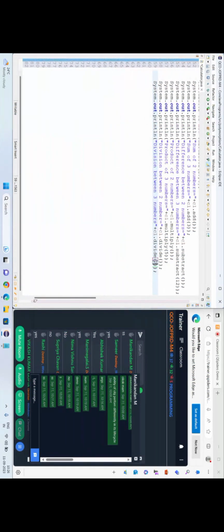Here I will pass 7. Actually 7 will give us 0, so let's give some small value, 2, because here we have taken 10 and 5. So done. We are calling all the methods. Is anything else left? All methods are called, no? Where is the curly bracket? Yes, it's here.